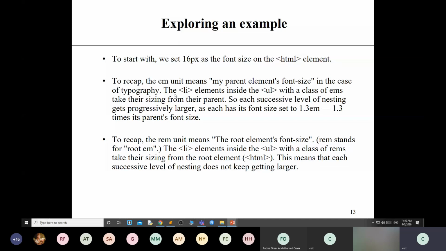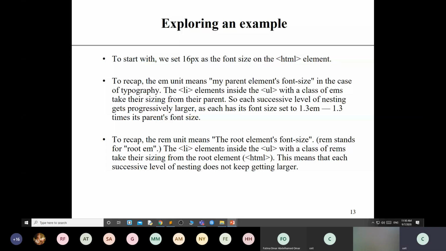In the case of typography, the LI element inside the UL with a class of EMS takes its sizing from its parent. So each successive level of nesting gets progressively larger, as each has its font size set to 1.3 EM, 1.3 times its parent's font size.